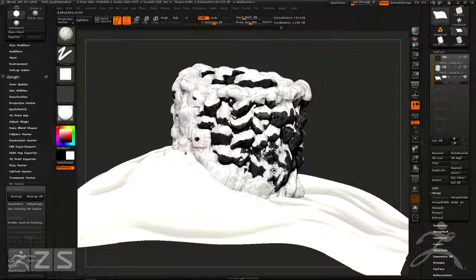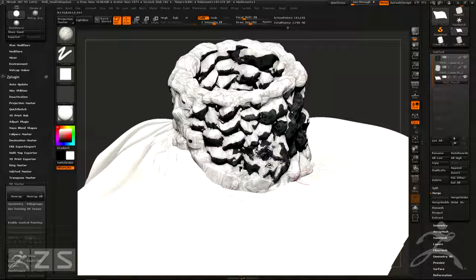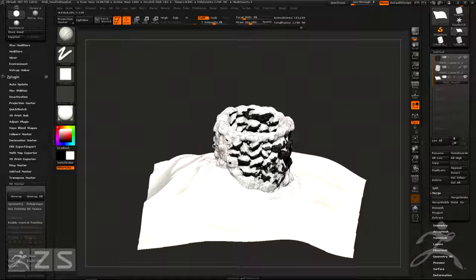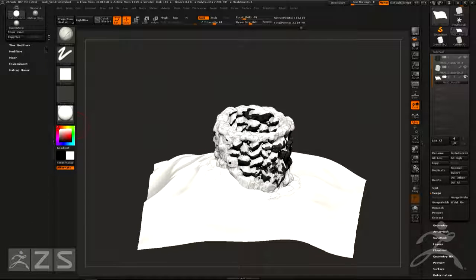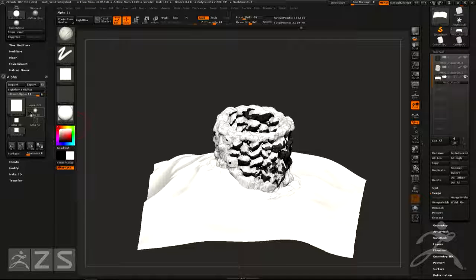So, you know, if I had more time, I'd go through and really blend this nicely through here, but for the sake of this demo and getting through it, I'm not going to spend too much time on that. One thing I do want to do, though, is give this a little bit more textural information. So I'm going to go into our alpha panel here, and I'm going to import